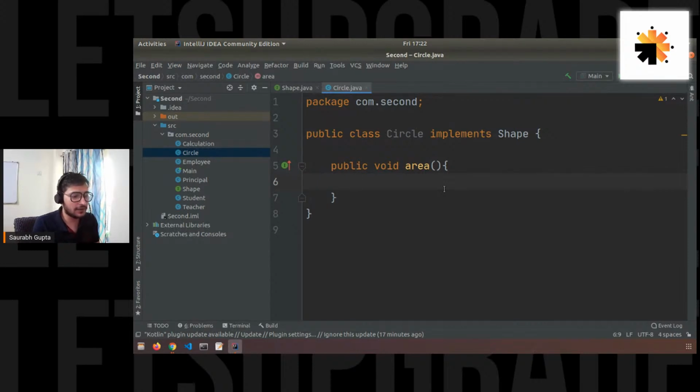And now if Circle wants, it can have its own implementation of area. So now I can write anything inside area. So what is the formula for the area of a circle? Can anyone tell me? Is it pi r square? I think it is pi r square, right? Yeah. So let's calculate. Let's say float area,